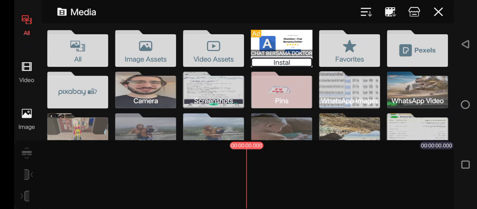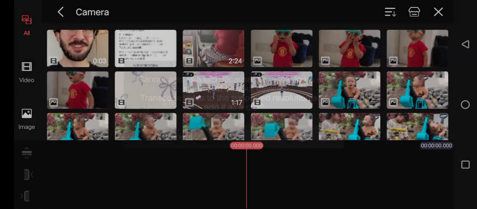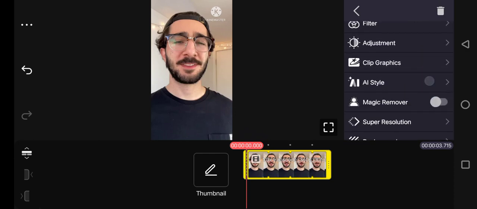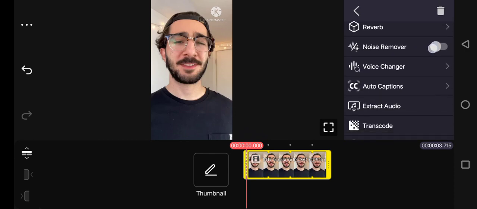So you can just import your audio or video to KineMaster. Here I'm going to use a video, this one. Okay, once you open the media, here you can just extract the audio. If you're using a video, click on your video, you can scroll down until you find the extract audio option, this one. Tap on that, and once the audio is extracted,